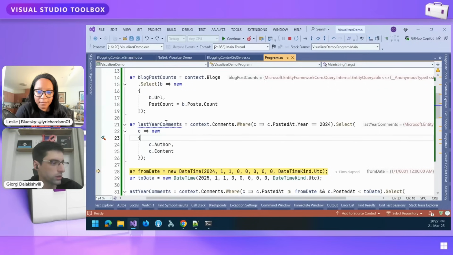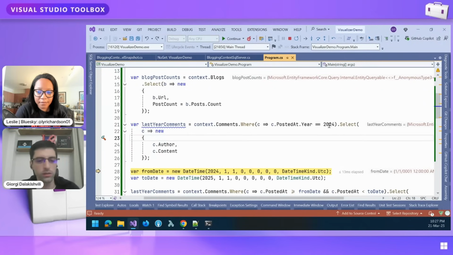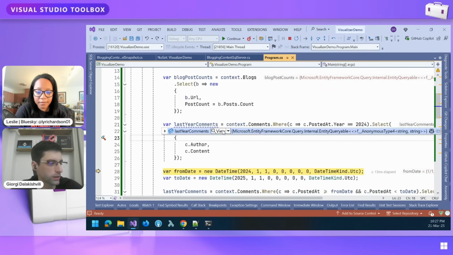It's very intuitive to write comments.Posted.Year equals 2024; you simply translate what you want to filter into the LINQ condition. So if we inspect the plan once again,